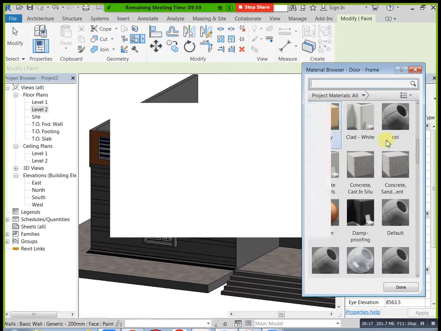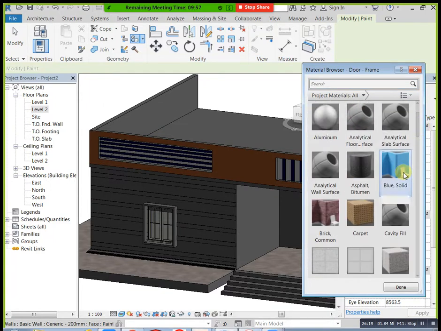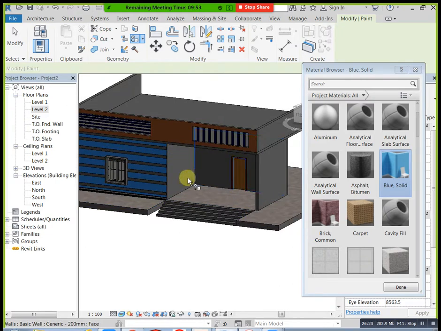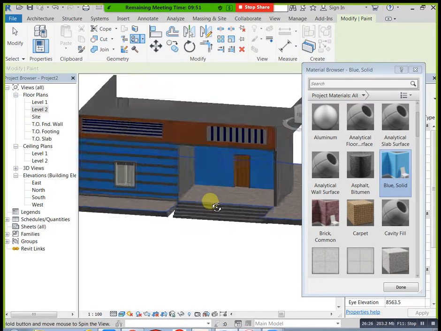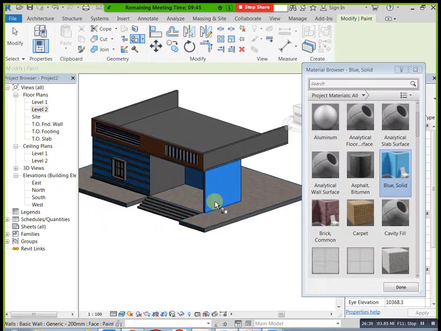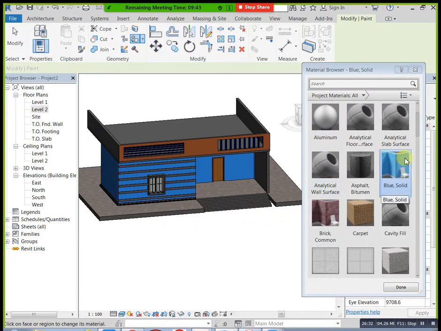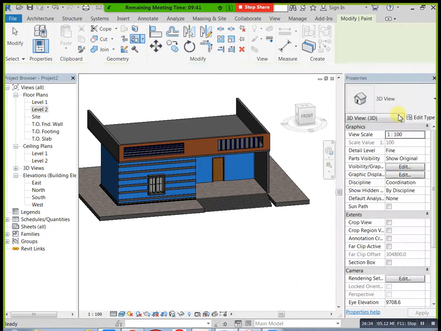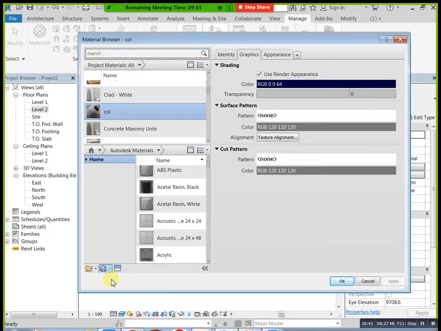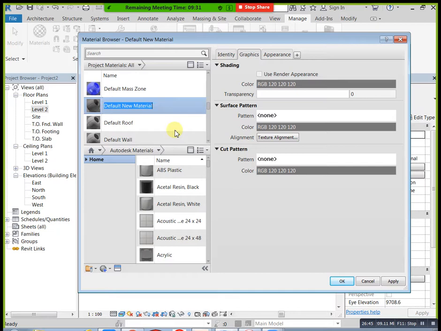Just close this one, create one new material, go to manage materials, go here, create new material, rename, you can mention white. Okay, then go to modify again, paint, we have white color now, go to last, W.